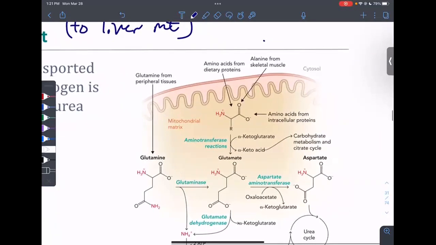The first one is that we're going to digest our dietary proteins and we're going to get amino acids that way. Then the other way is we can get it from glutamine from our peripheral tissue, right? All of your muscles and all of your peripheral tissue are going to make that excess nitrogen in the form of glutamine, which is really from glutamate and the ammonium ion. But that is your glutamine